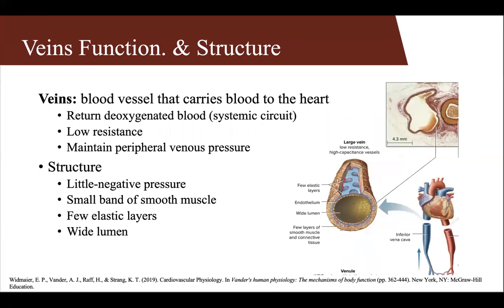Veins, on the other hand, are blood vessels that carry blood to the heart. In the systemic circuit, they return deoxygenated blood. They provide low resistance and maintain peripheral venous pressure. Much like arteries, veins are essential to maintaining homeostasis. The return of blood flow to the heart to be reoxygenated, as well as transporting other waste products through these